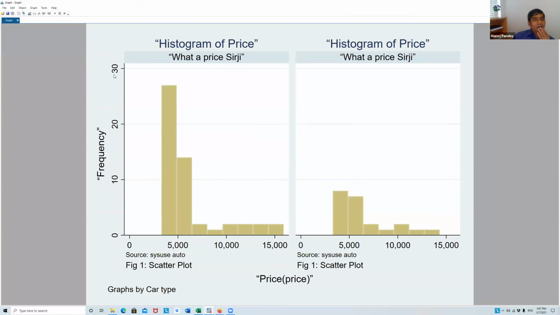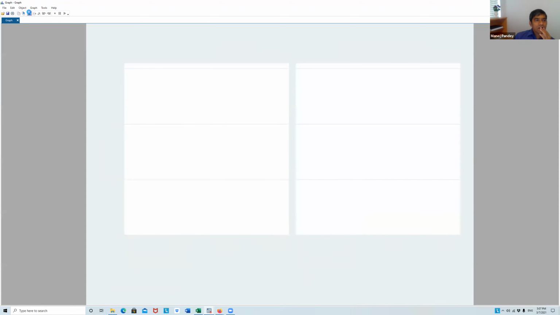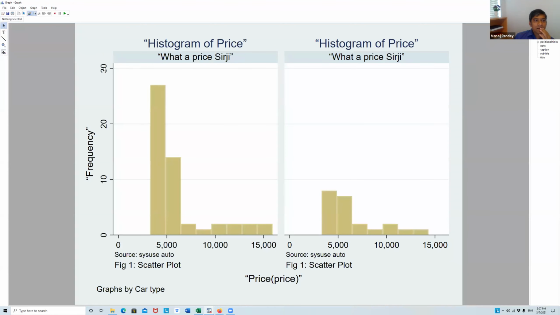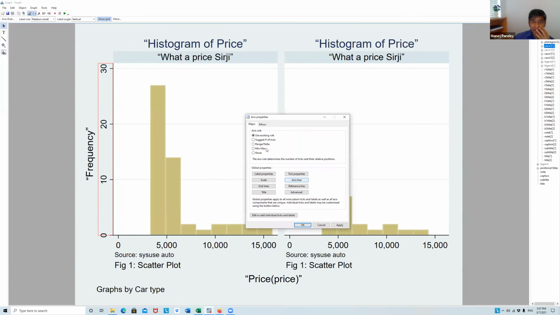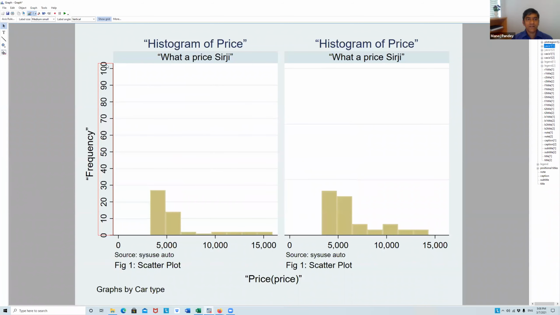Okay. Yes, sir. Now, if you want to change this scaling, you can click here and then it says suggest number of ticks, a range, a minimum and maximum. If you have minimum and maximum, it will take the data. If you have a range, minimum value you can have 0, maximum value you can have 100, and you can have 5 or 10 delta. Okay. So now you can see this has rescaled, isn't it?